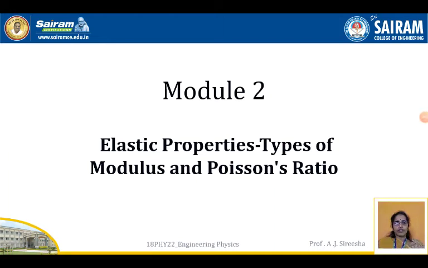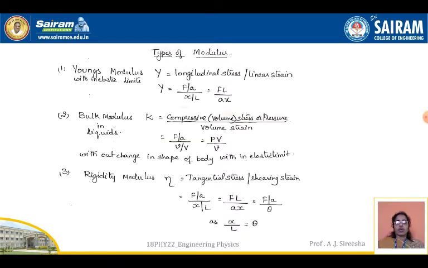Now in this session we are going to see the elastic properties, types of modulus and Poisson's ratio. Now what are the types of modulus? Young's modulus, Y, is longitudinal stress by linear strain. It is a ratio of longitudinal stress to the linear strain, within the elastic limits. So Y is equal to longitudinal stress by linear strain, F by A by X by L, that is FL